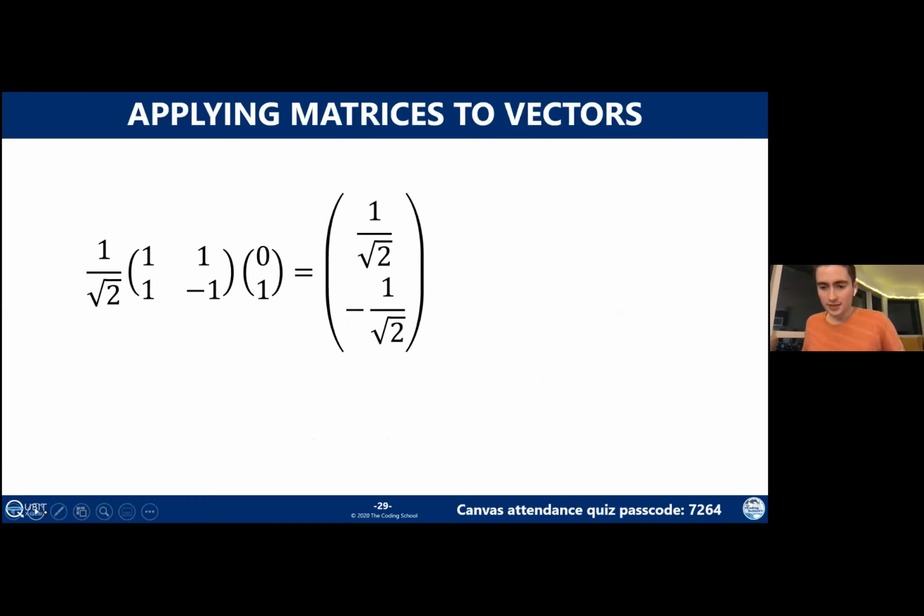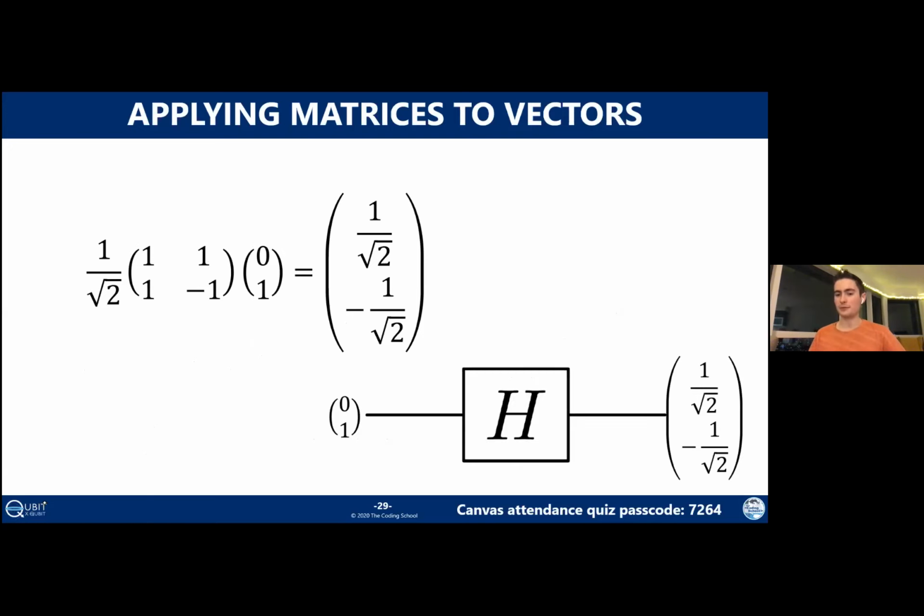And again, if you look at what this has done, only if you have a very good memory from a previous lecture, you might notice that this is what we called the Hadamard gate, what we represented with H. This was the gate that effectively created a superposition from a qubit. Again, it is entirely not necessary for you to memorize this right now. This is just to start giving you a sense of how all of this connects back to quantum computing.